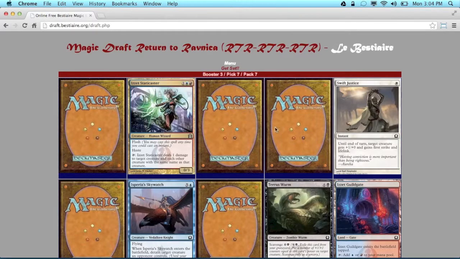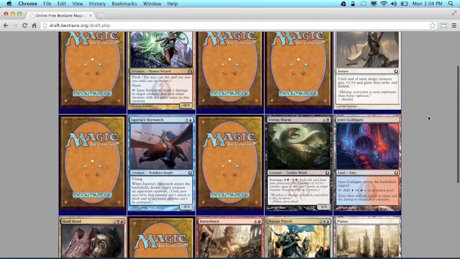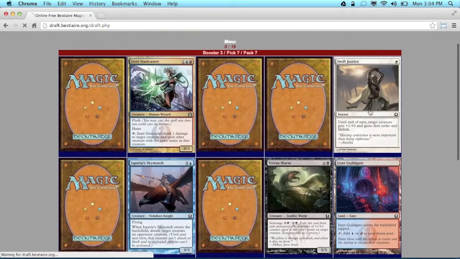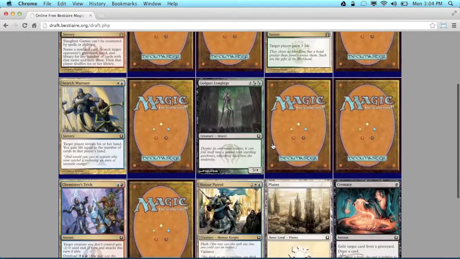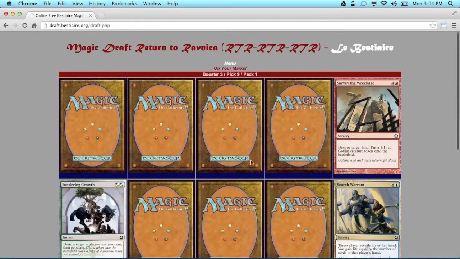Staticaster's not a bad card, but not for us. Swift Justice, I think we already have one or two of those, so we could take a third one. Another Hussar Patrol, but I think we're going straight Selesnya this time, so we'll go ahead and take the Swift Justice. Pretty good combat trick. Here's Union, not playable. Another Hussar Patrol. I've never seen this many in a draft, but we're going to take that Long Legs,